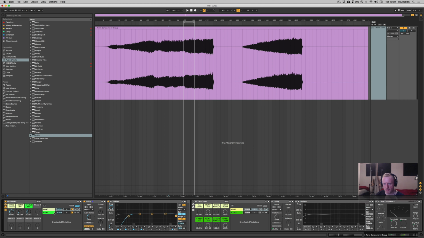But what's also great is because we've got this chain situation going on here, I can then solo or mute the mono or the stereo, meaning that I can monitor it individually and then EQ it at any time. So a practical application of this would be to listen to the mono on its own, and as you can hear, I'm just rounding and blending down the mono section into a low end,